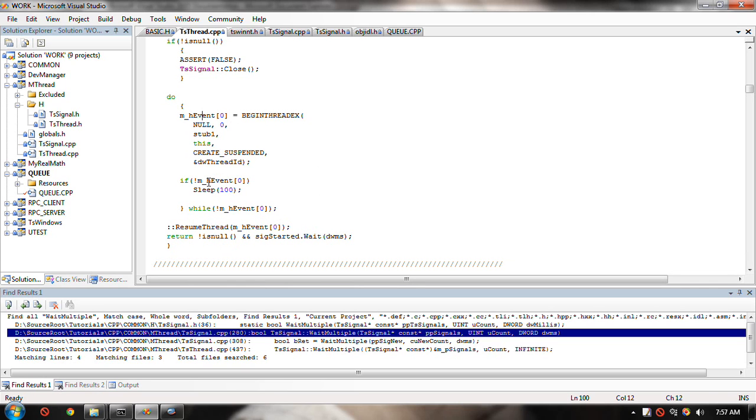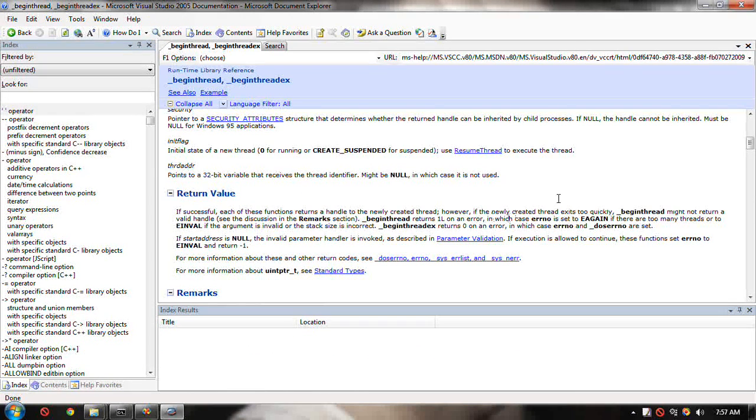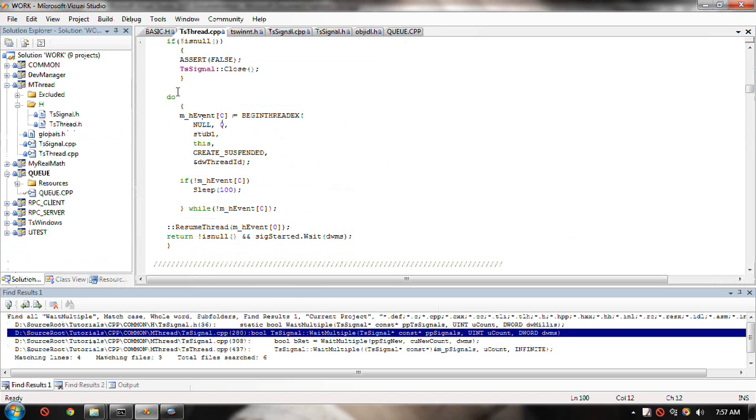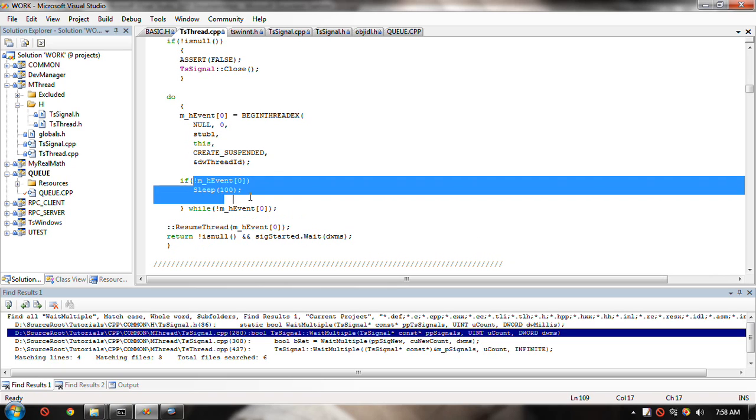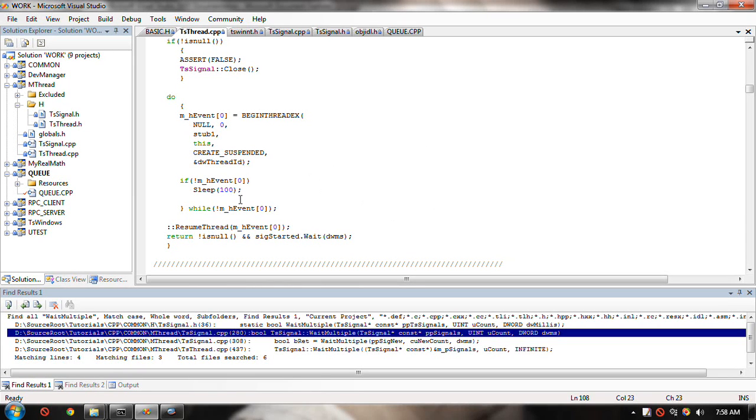I was getting these null handles, and unfortunately, to get the description of the error, it's not that get last error, it's this DOS error that they use, God knows why. But I do have a function that will turn those into strings. And the error said not enough space. So then first I had do while this is null and error equals not enough space. But then that crapped out. I didn't even bother to look at the error. I just said it like this, okay? Just keep looping. And when you get a handle, you can then resume the thread and go, right? And I put a little sleep here. And now, the thing that I noticed,